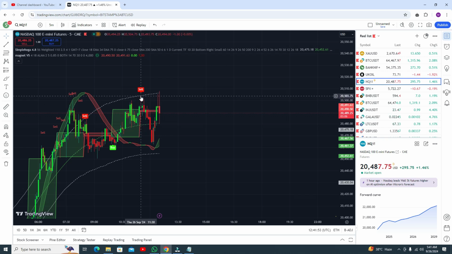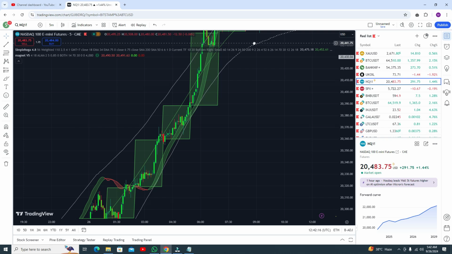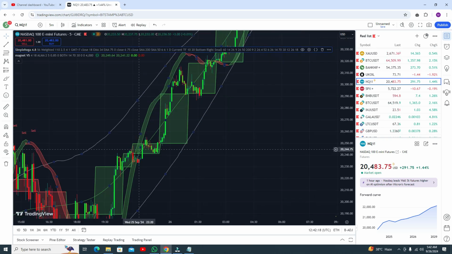Here you can see you can go for the sell trade, but you did not get the other sell signal. You can wait for the other sell signal, or you can go for the sell trade. It's up to you, but I will recommend, if you got both sell signals like this one and this one, and the shadow is red, then you need to go for the sell trade, and definitely it will give you the profit. Let me show results in some previous results.